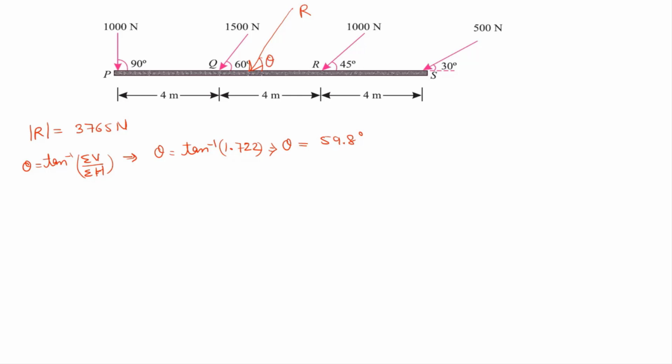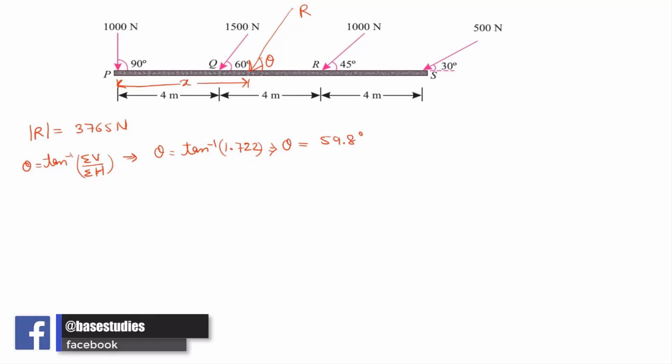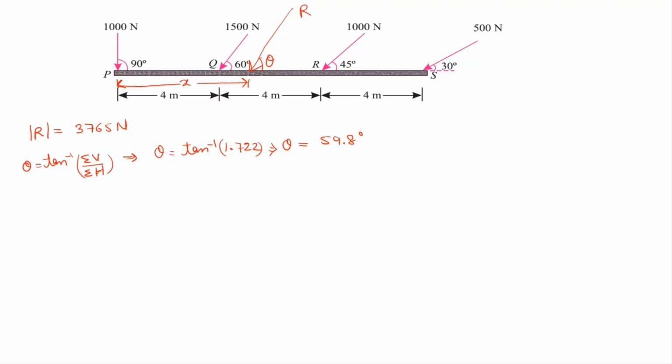Now we have to find the position of this resultant force. So here we can apply Varignon's theorem to calculate the position of the resultant force. First, taking the moments of the vertical components of the forces about the point P, and then equating it to the moment of the resultant force about the point P. So taking the moments of all these forces about the point P, let us say the moment at point P due to forces is equal to